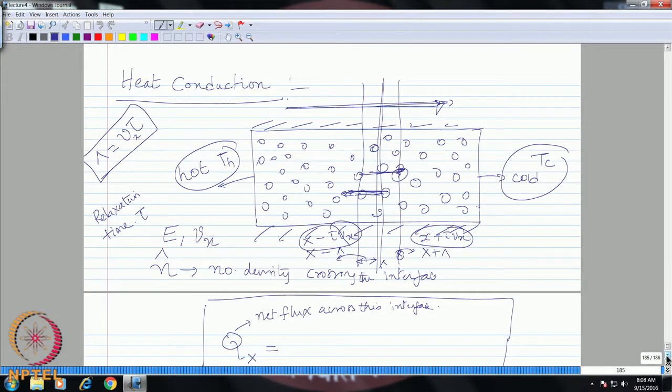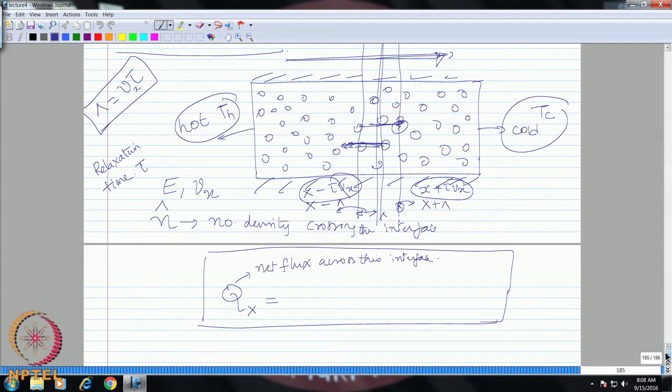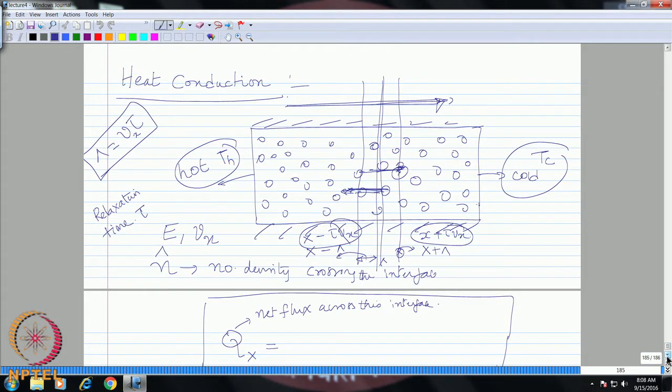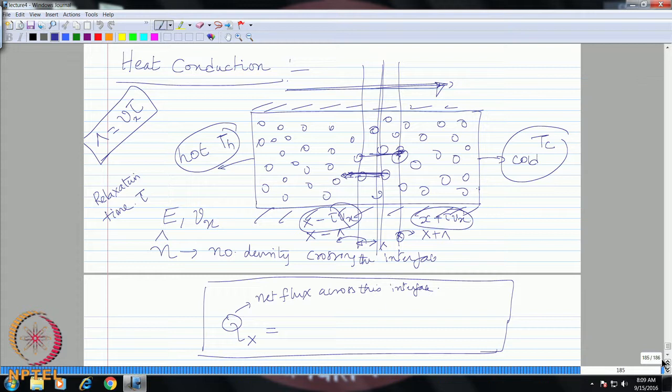Good morning. So, we will continue our discussion related to the transport of phenomena. The first thing that we started yesterday was the transport of heat, that is the heat conduction through, for example, gas molecules. This can also be extended to other energy carriers like phonons or electrons, considering them as phonon gas and electron